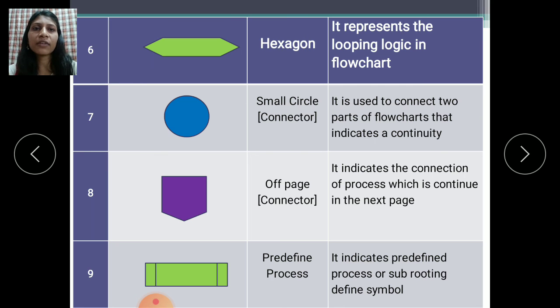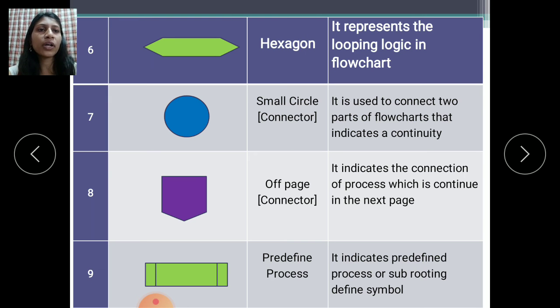See, if the flowchart is two or three pages, it will not fit in one page, so we draw that diagram on two or three pages. It shows the connection, meaning the diagram is not separate on each page. That diagram is only one diagram, so it shows the connection between the parts. If you want to continue the diagram on a second page, use this connector.